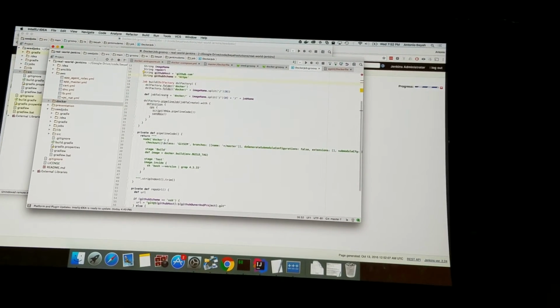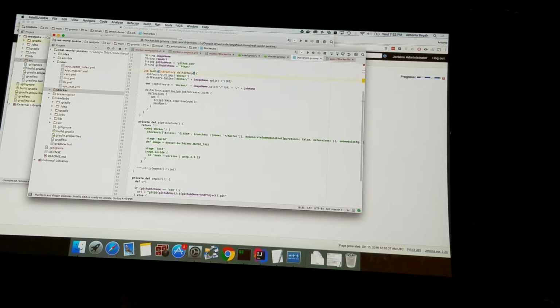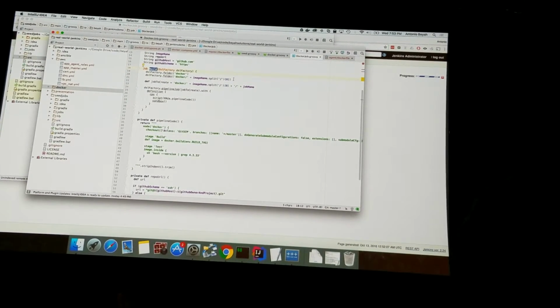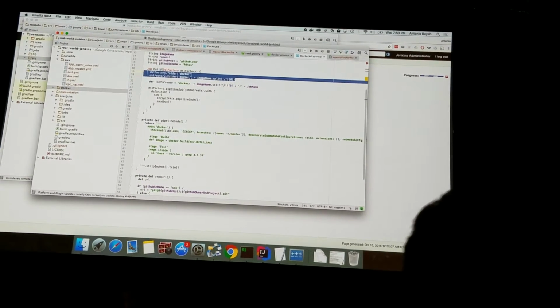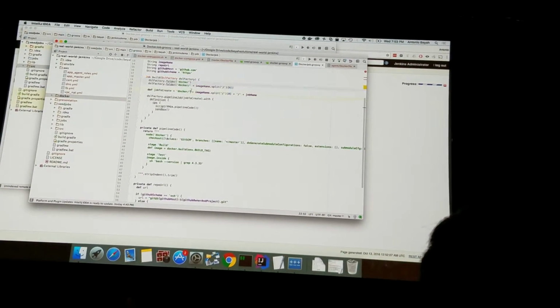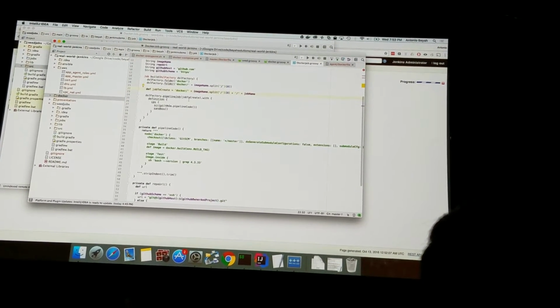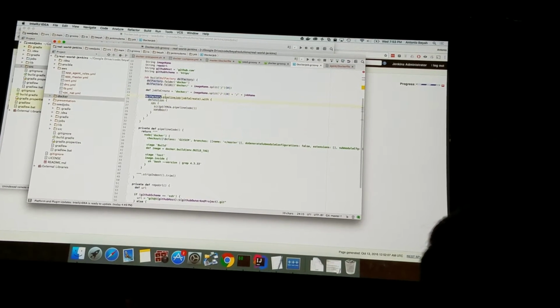So inside of here, we can see that we have this build method, and we can start seeing the components that we brought together. We have a folder that we created called Docker. Inside of Docker, we created another folder, and then after that, we actually created a job. So we have this DSL factory pipeline job,